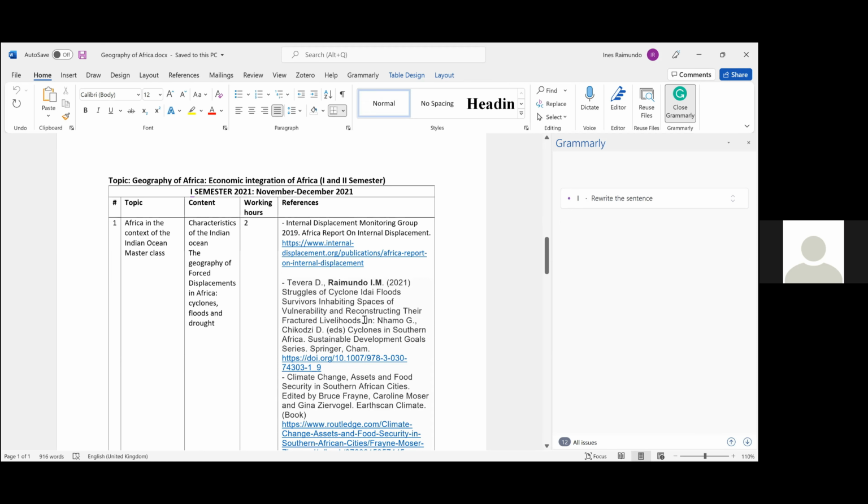Recently, this year, 2021, a colleague from the University of the Western Cape in South Africa, Professor Dante Vera, and I published a book chapter. In fact, the launching of this book was 2 days ago. The title of our chapter is Struggles of Cyclone Idai Flood Survivors: Inhabiting Spaces of Vulnerability and Reconstructing Their Fractured Livelihoods. So we did this in